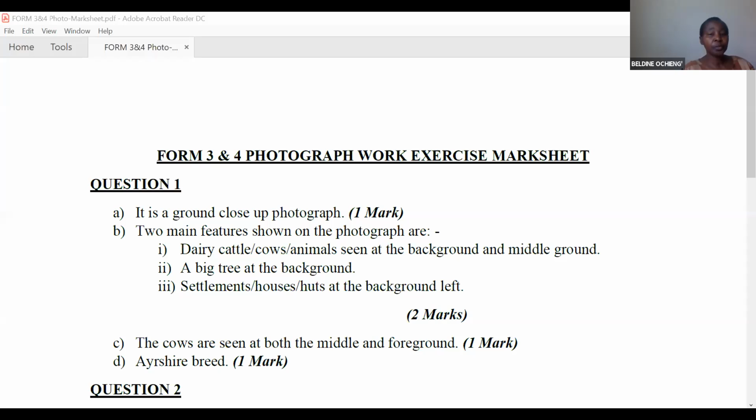Good afternoon. We are going to go through our exercise on photograph work. I'd ask you to do the assignment. I hope that was done, and the answers are with us here. There are two photographs, 1 and 2. The first question,